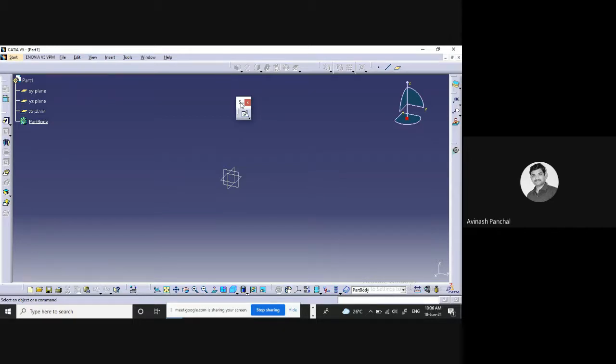Okay. So this is a very much required tool. Without this tool we cannot go to the sketch. Okay. So these are the planes we need to select. These are the planes used and required for this 2D drawing.